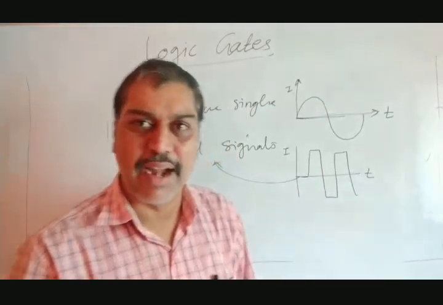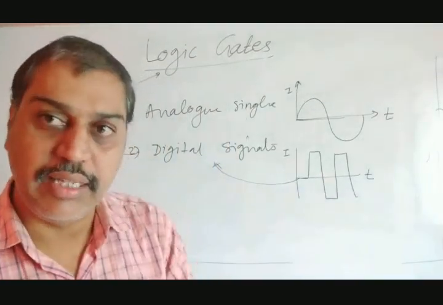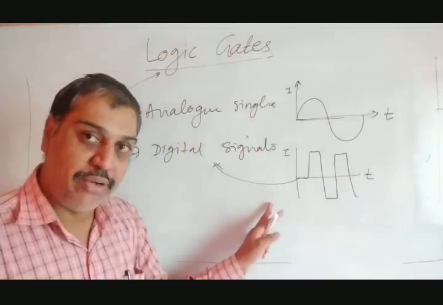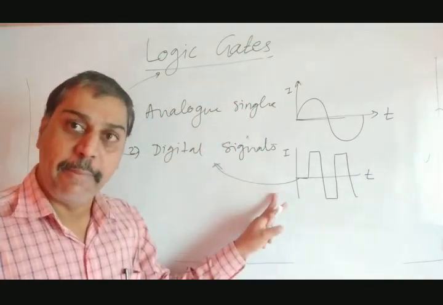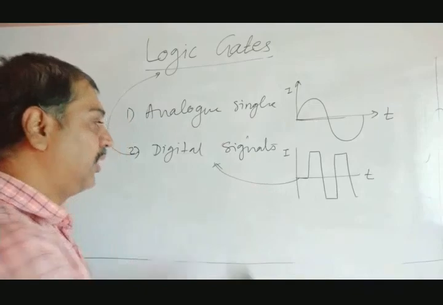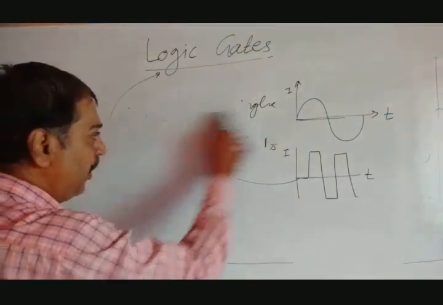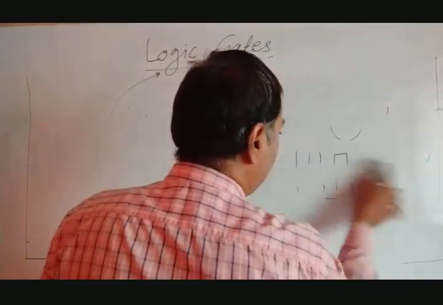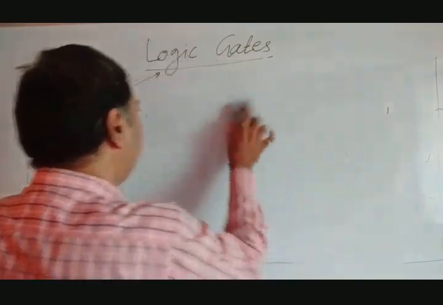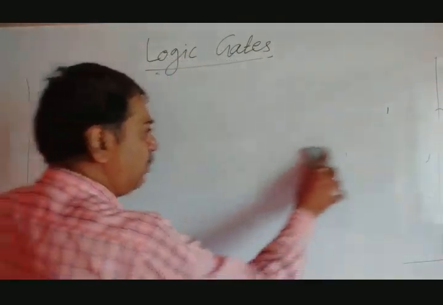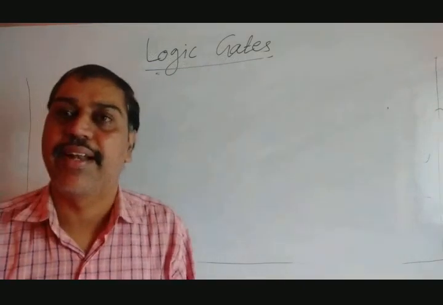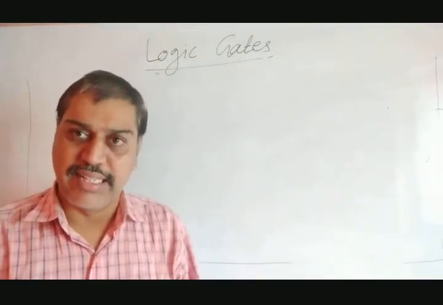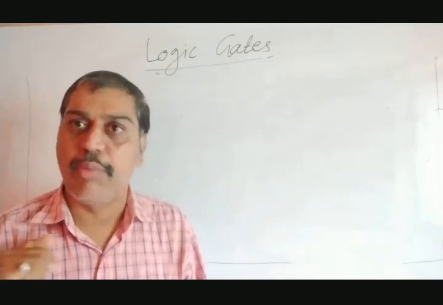We have learned this part also. But remember, the analog signals are not important to us because a logic gate never works on analog. It works on digital signals. Okay. So digital signals we have to see. Before going into much further detail, in digital signals, the signals are represented by two parameters. One is said to be high value, the other is said to be low value.